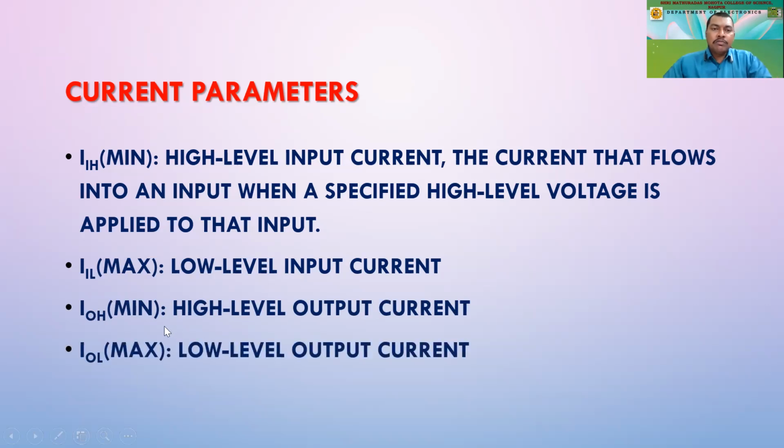So IOH minimum, and then we have IOL maximum, that is low level output current. So all the four parameters are similar to the voltage as well as current. The names are the same, the functions are the same. We require some of the potentials or currents that might be considered as one or zero accordingly, so those respective voltages at the input level as well as the output level. So we'll have two parameters at the input and two at the output. So in all, we'll be having four parameters: current as well as voltages. These are some definitions which are very essential to understand as far as ICs are concerned.